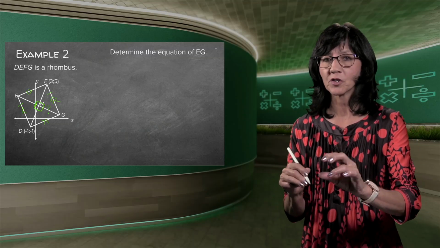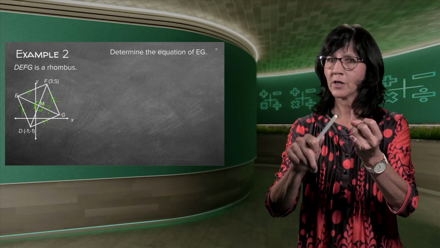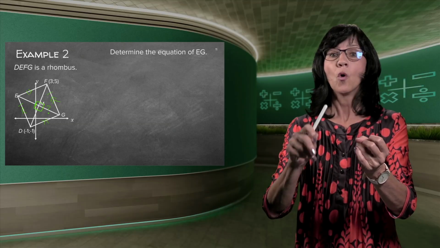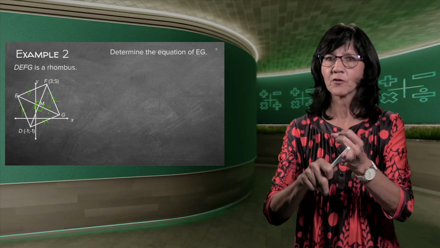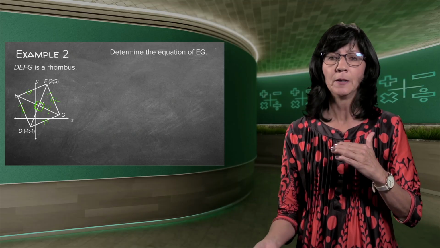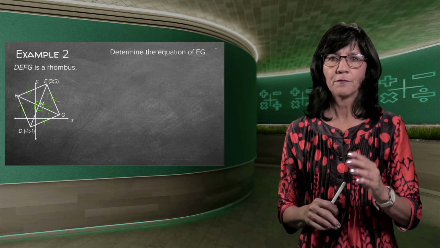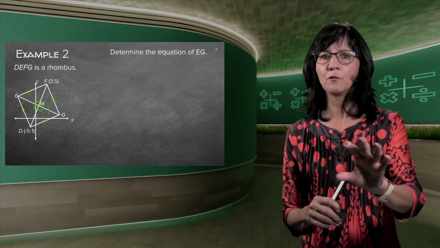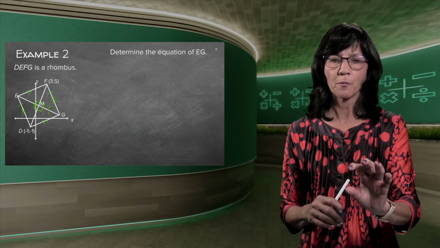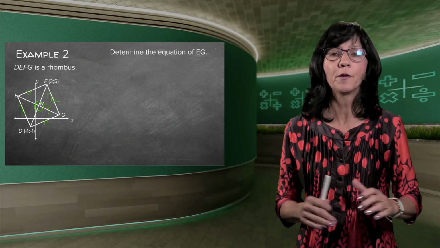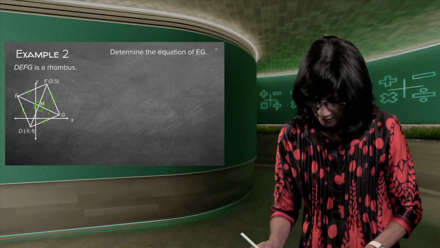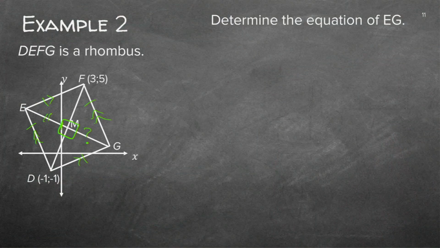Remember, there's two types of questions. They either ask you to prove it's a rhombus, parallelogram, etc., or they tell you it's a rhombus, parallelogram, etc., and then they ask you questions on that. So make sure that you know the difference between the two. If they ask you to prove, then you must prove a property. You know nothing. You must prove a property. If they tell you it's a rhombus, you know all the properties, and you can go and tick all of them. You also know that the diagonals bisect one another. And because the diagonals are the same length, you can tick them all with the same tick, because they are the same length, another property of a rhombus, and they bisect one another at 90 degrees.